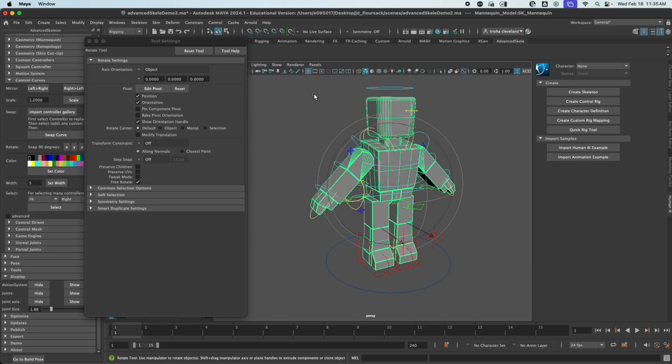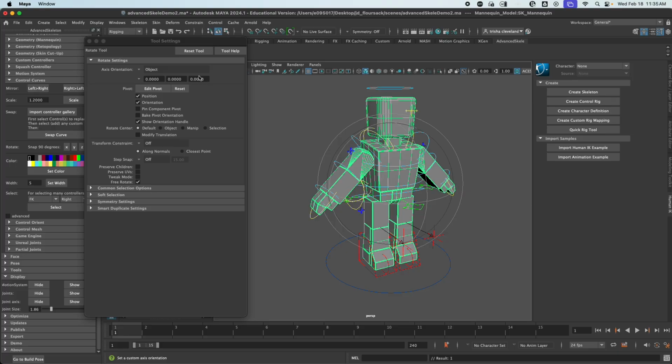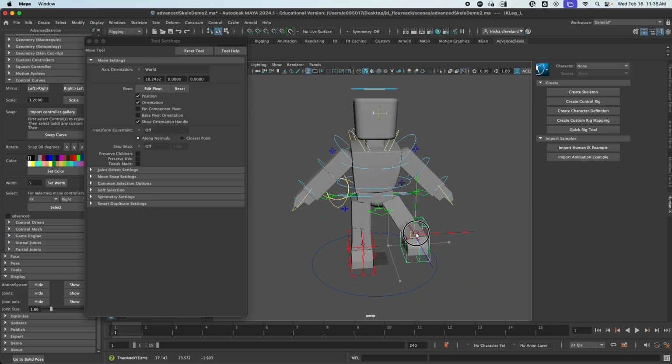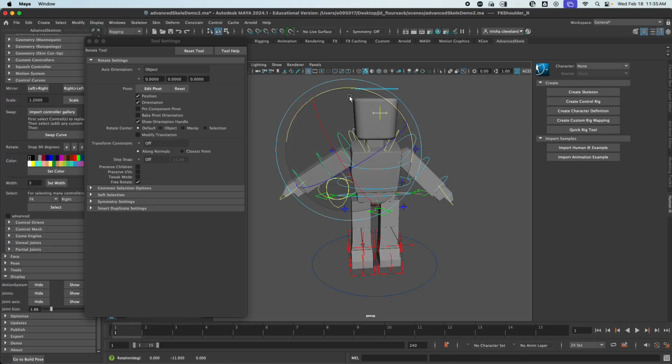So clicking on this again, let's go ahead and say skin, mirror skin weights, and that will copy one side across the other. So that way it is symmetrical. In case we missed anything, or if we only want to do one side. Okay,